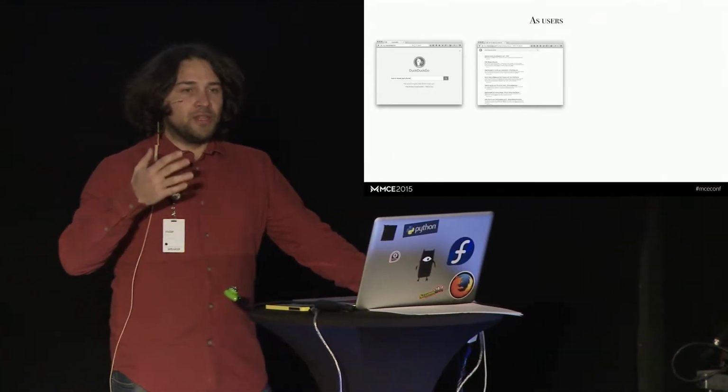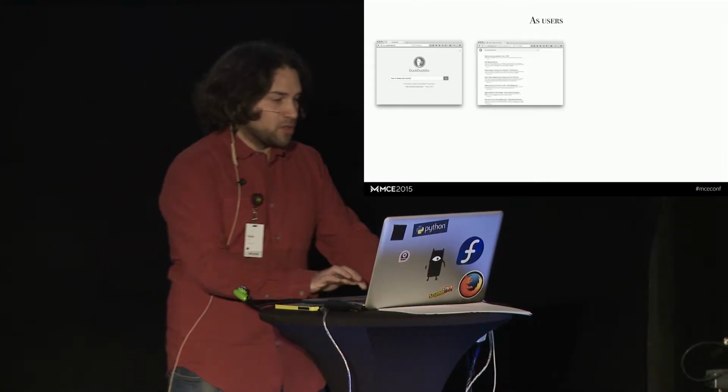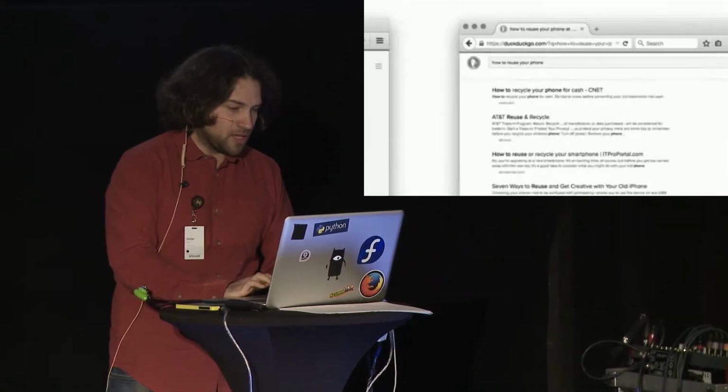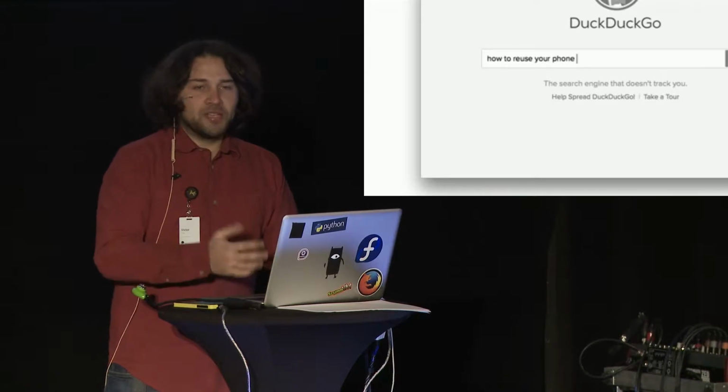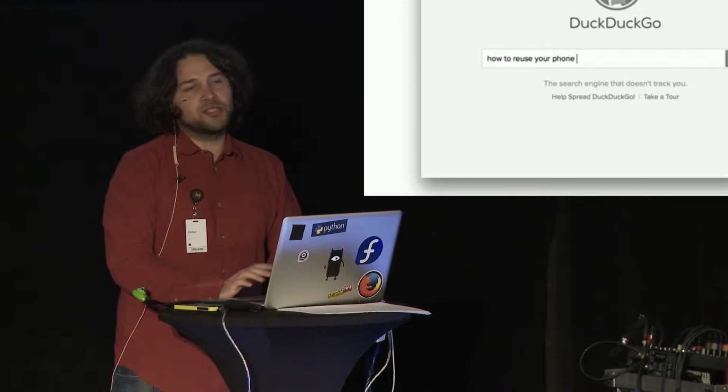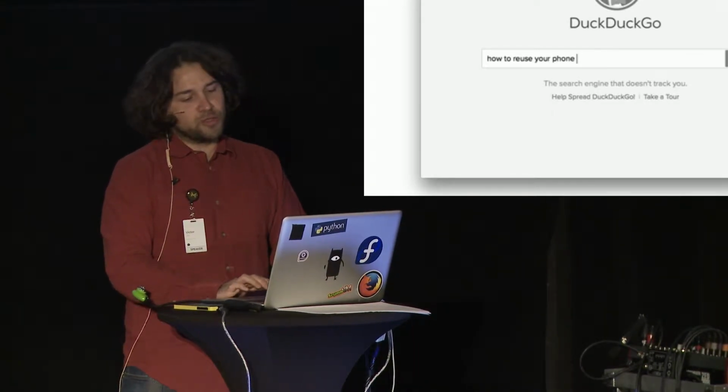So I don't know, maybe this is really small. I'm going to show how we can do it from different perspectives. The first one is as a user. That's really easy. You just go to any search engine and write how to reuse your phone.